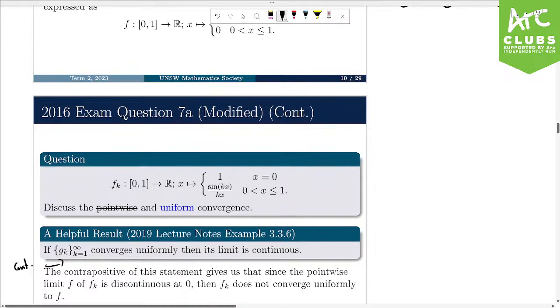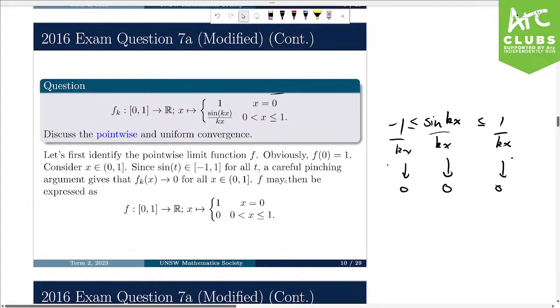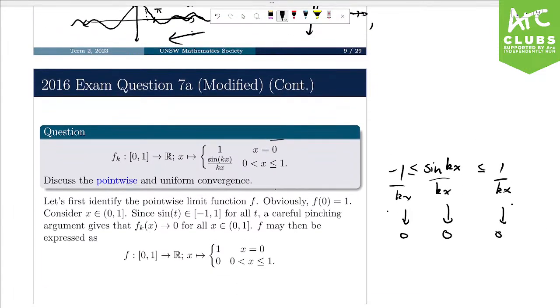If a sequence of continuous functions converges uniformly, then its limit is also continuous. So here, our f_k's, they are continuous, and we know this because the limit of